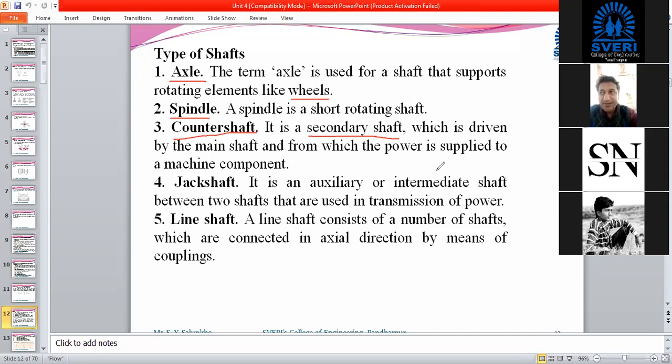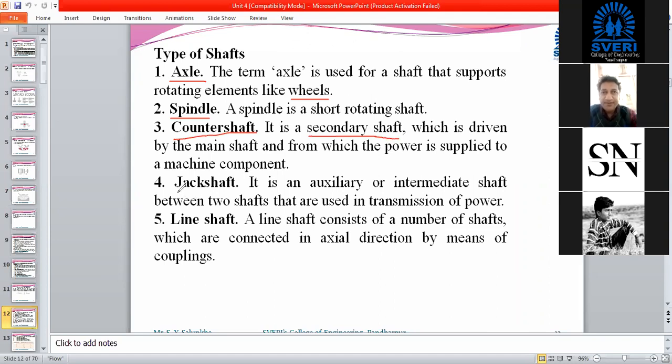It just plays the role of transmission. In a gearbox, for example, power is taken first from the input shaft and given to the counter shaft, and after the counter shaft it is given to the output shaft.